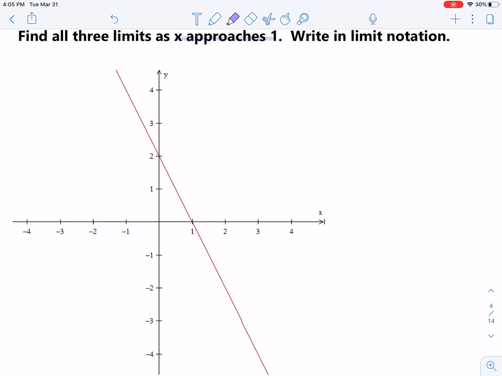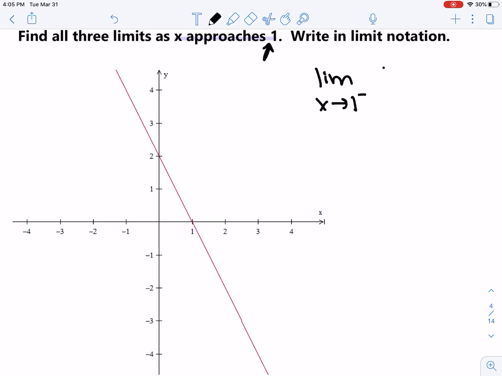By all three limits, we mean the left-hand limit, the right-hand limit, and the full limit. It says write in limit notation. So let's prep our notes for that, and then we'll find those three limits. We're going to find the limit as x approaches 1